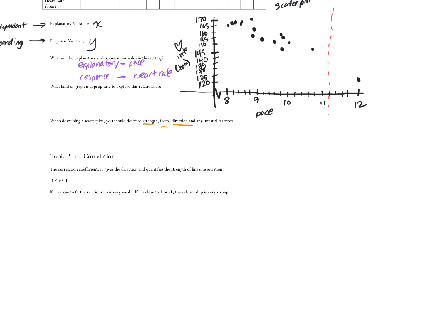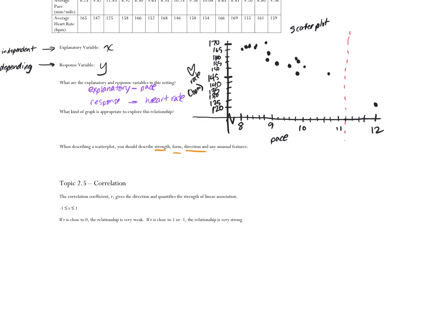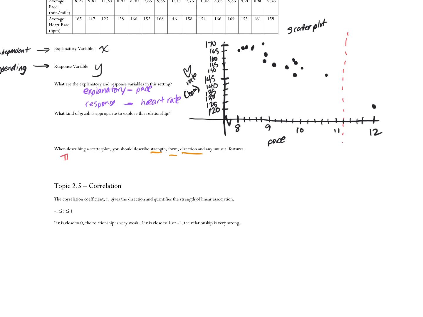Because it's somewhat linear. Not only that, are you guys with me that it's not just linear, but the points are really close to that linear trend? They're not all over the place. They're pretty condensed. Okay? So we'll talk about strength in a lot more detail in a second, but in general, I would say there is a strong